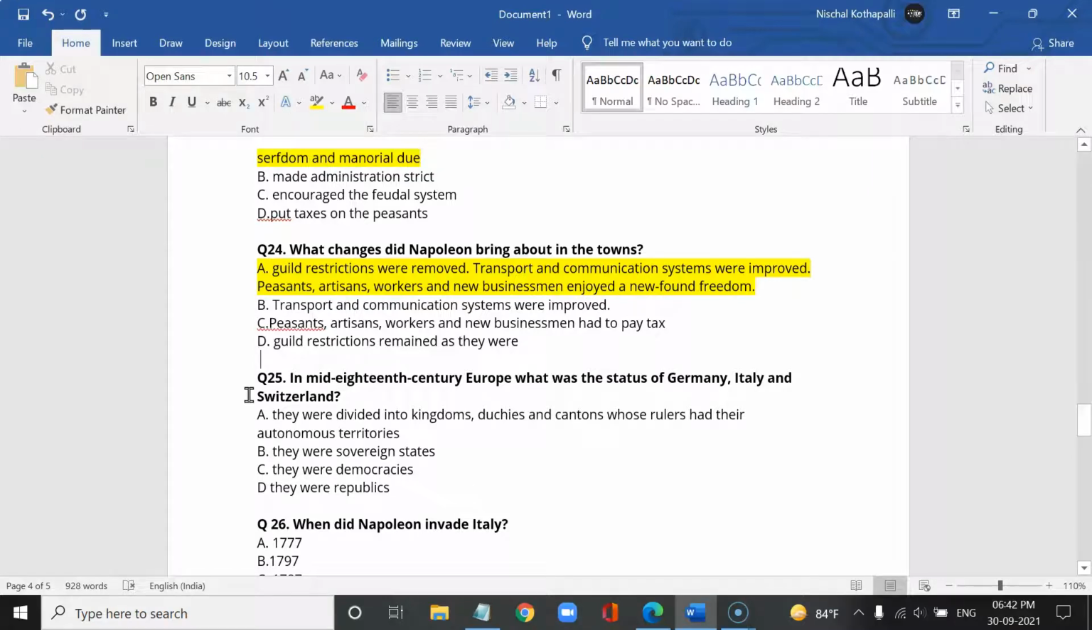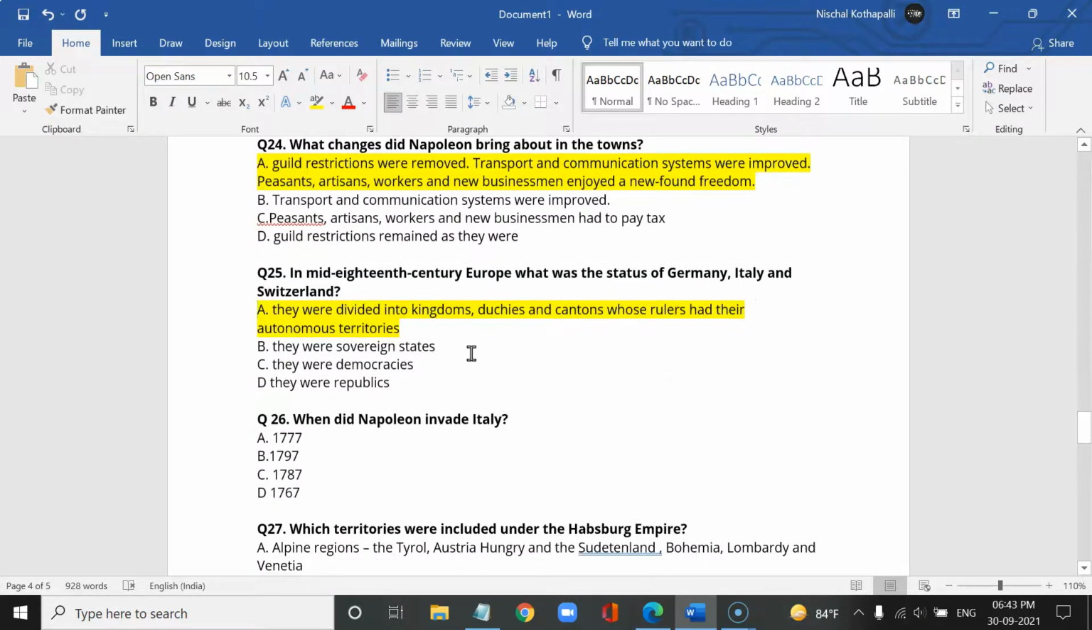Question 25. In the mid-18th century, what was the status of Germany, Italy, and Switzerland? They were sovereign states, they were democracies, they were republics. This entire lesson is about how modern states or monarchies, absolute institutions, turn into nations. And so in the mid-18th century, this was the status. They were divided into kingdoms, duchies, and cantons, whose rulers had their autonomous territory. So Germany, Italy, and Switzerland, at this point, were modern states, but their transition to becoming nation states was